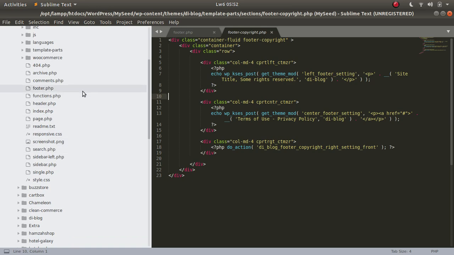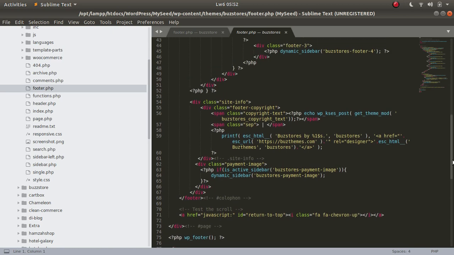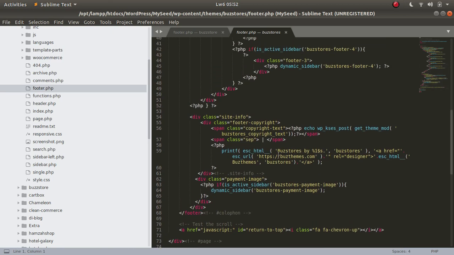I look for footer.php. Under footer.php, you see here it is "Buzz Towers by Buzz Themes". Now you can remove this completely or edit it according to what you want.